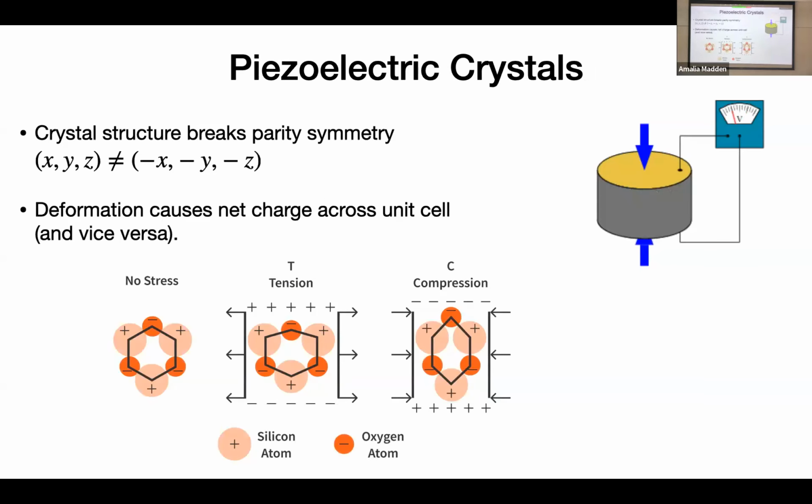Sorry, where does the net charge come from? Okay, if you look at this picture, this unit cell just is neutral. However, it has a very strange arrangement of the ions here. And because the arrangement of these ions is parity violating, when you deform it, the ions will align themselves in the crystal such that in the unit cell, you now have, because of these positive charges here, more positive on this side. And because of these negative charges here, you have more negative on that side.